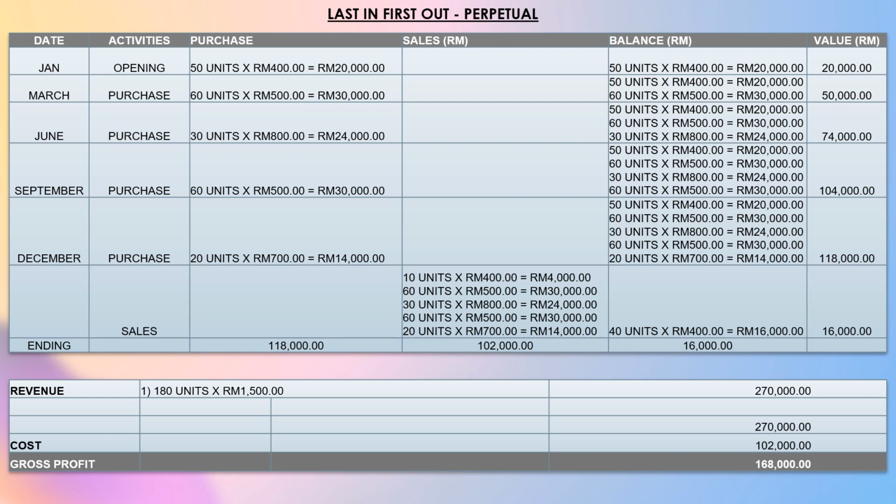Last in, first out in perpetual. LIFO, which stands for last in, first out, is an inventory valuation method which assumes that the last items placed in inventory are the first sold during an accounting year. Here are the transactions in January, March, June, September, and December. The sales are 180 units. We need to use the last items placed in the inventory until we get a total of 180 units. The gross profit for last in, first out in perpetual is